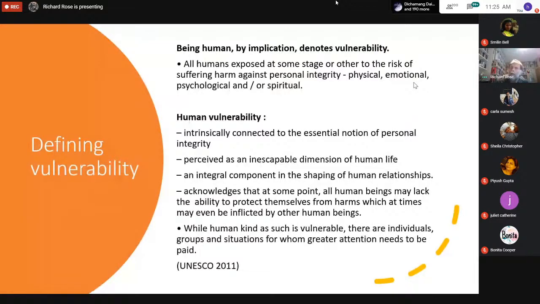But actually, we know that all of us at some times are more likely to become vulnerable. An obvious example, which perhaps applies to all of us to some extent, is as we get older, our vulnerability may increase. We think obviously of children as being vulnerable, and most of my work has been with children. And we know that children, particularly very young children, are highly dependent upon adults for all of their basic needs. Their physical needs, social needs, emotional needs are something which we readily accept is part of childhood, that vulnerability and